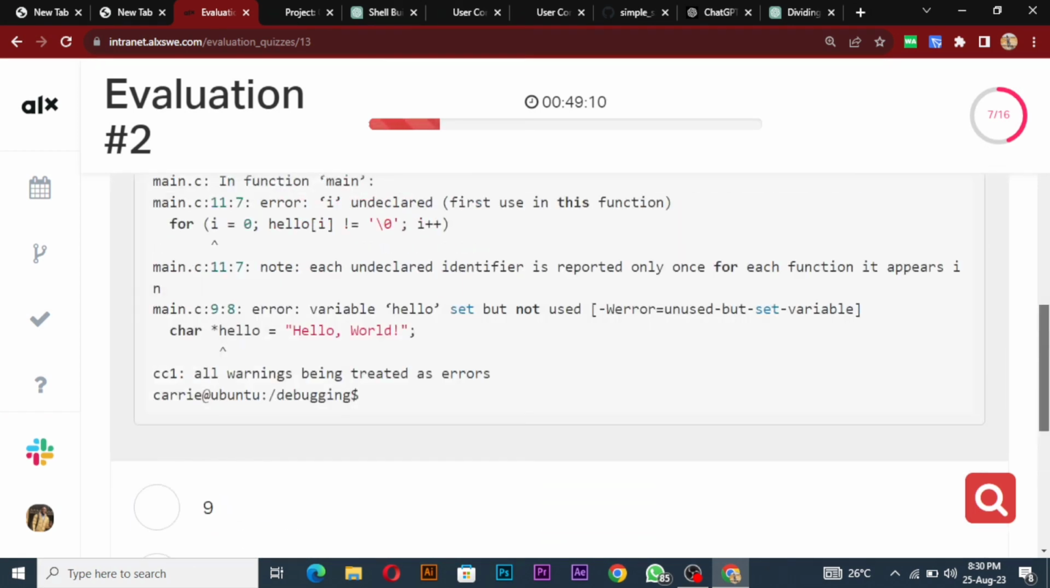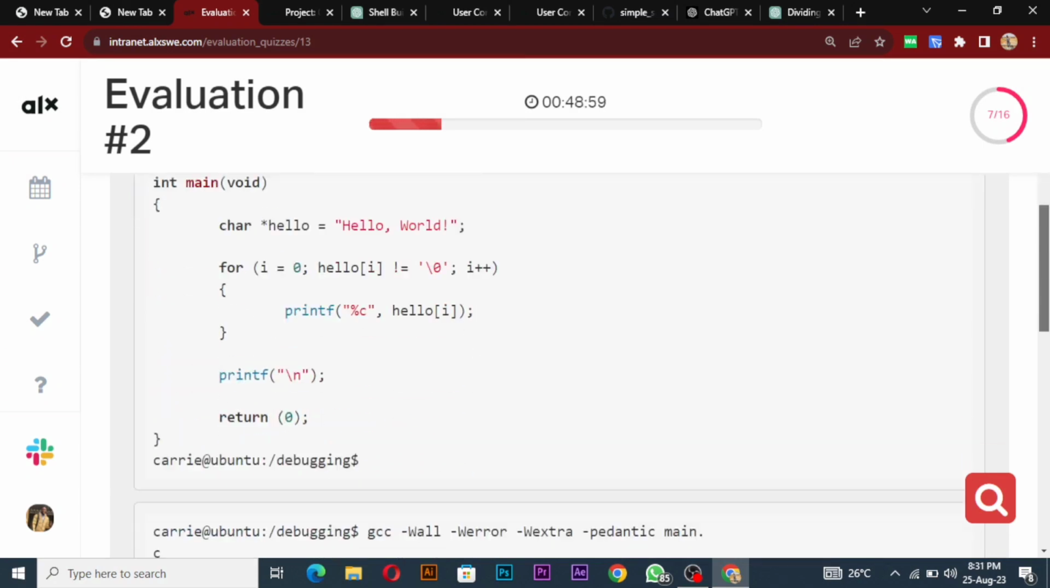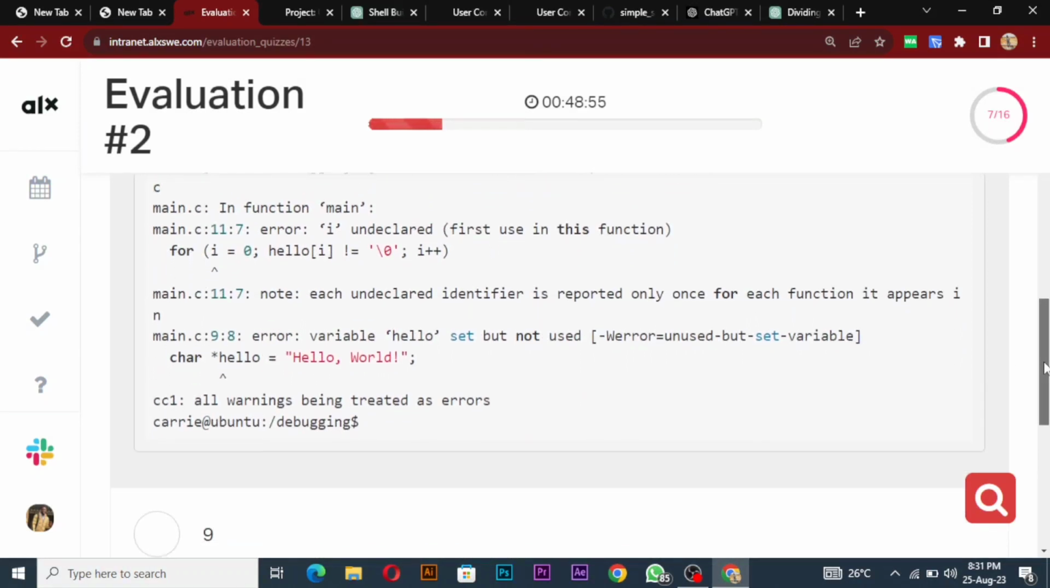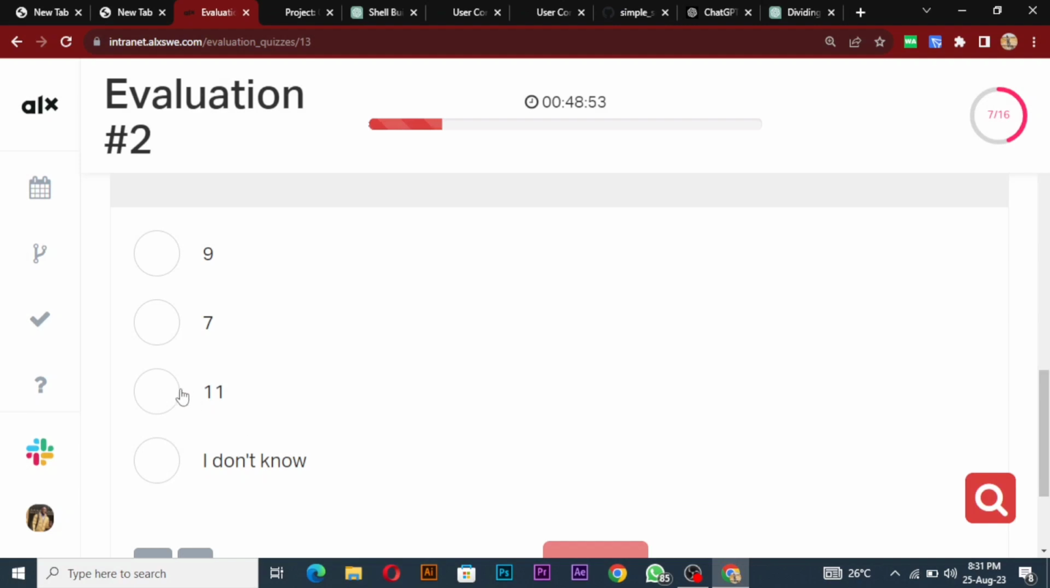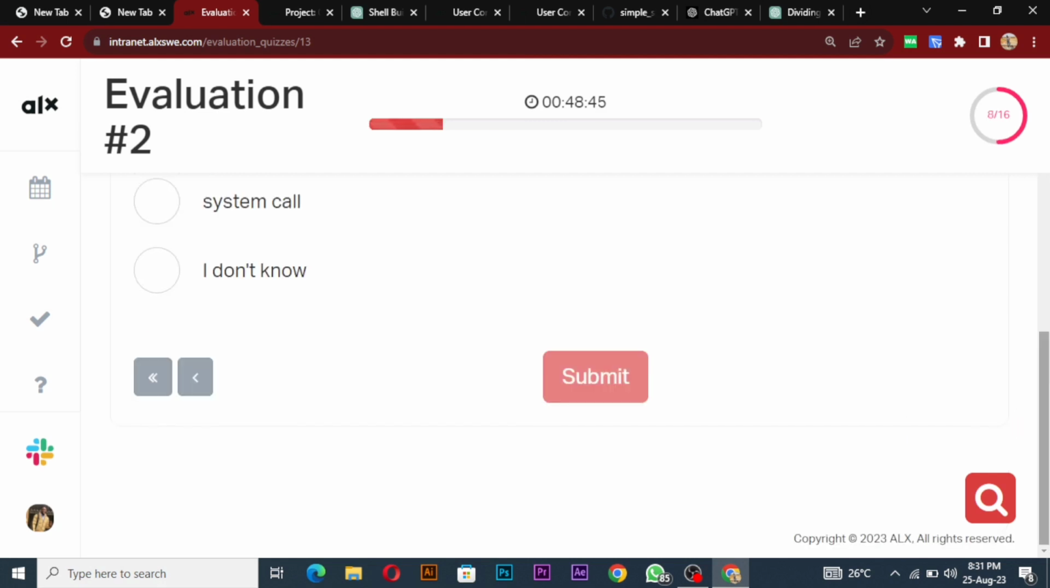So what's the question now? In the main.c file, on what line is the first error that the compiler returns? Oh, we've already seen it is line 11 now. Why am I reading too much? Right? Line 11. I was even looking for the errors, not knowing that it's just the simple stuff we were being told to do. So submit this, and then